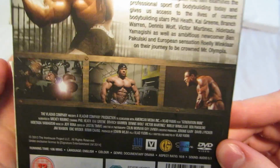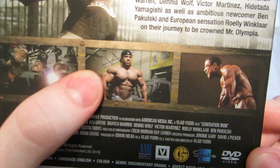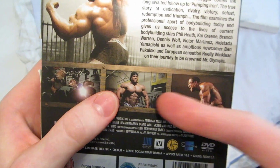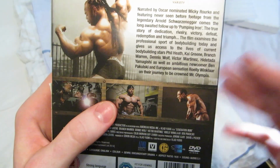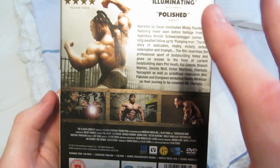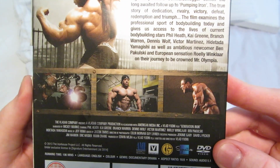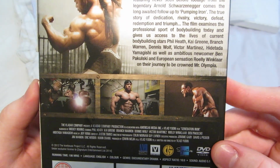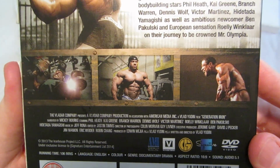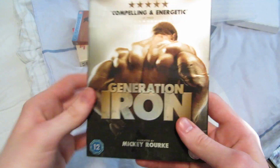I'm especially interested now that I work out. I lift weights, and I find it a lot of fun. Obviously, I don't look anywhere near this, and I don't really want to look like that either. But I really like seeing people who do look that way. I just think there's a certain aesthetic about it. Yeah, I guess I think it looks good, even though I don't desire it myself, but